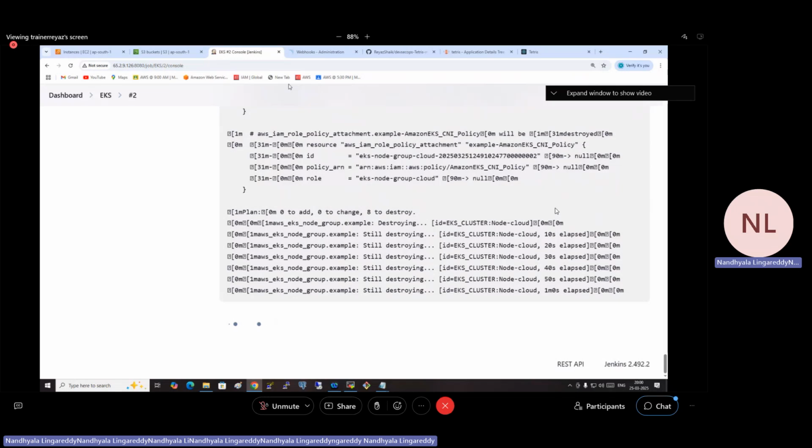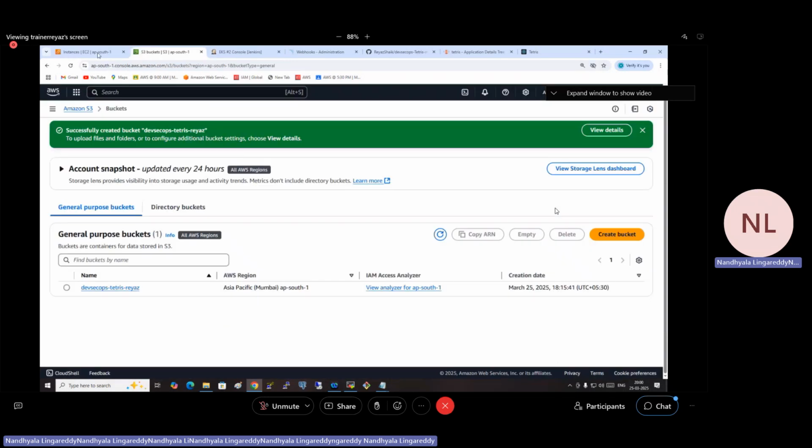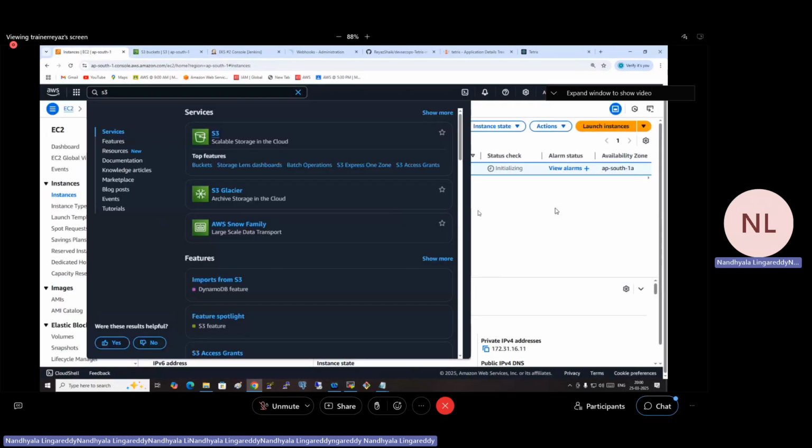Anything else you need to delete manually. So manually you need to delete the S3 bucket, and then